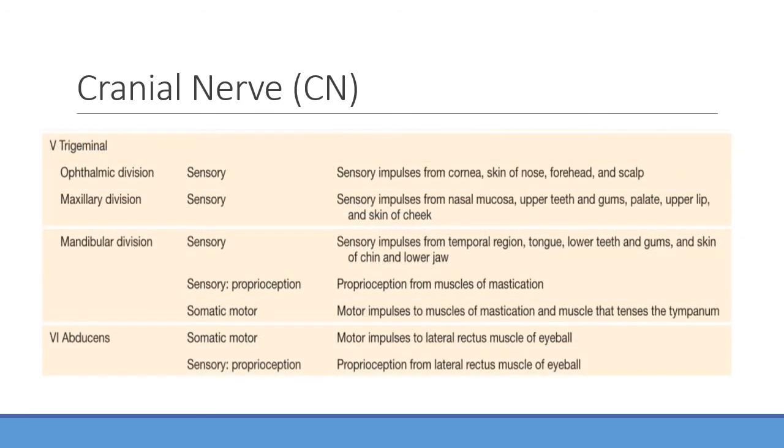Most of them are going to have some sort of sensory impulse that is going to be picking up some sort of signal and transmitting it to the brain. A lot of these can also have some degree of somatic movement control as well. And I say somatic movement, what does that mean? You've got to move something, right? For instance, with the abducens, cranial nerve 6, when I'm trying to move the eye in a particular direction, that's going to be more of a somatic motor impulse rather than something like proprioception or a sense of smell. Or olfaction would be a sense of smell. So again, you can refer back to this.